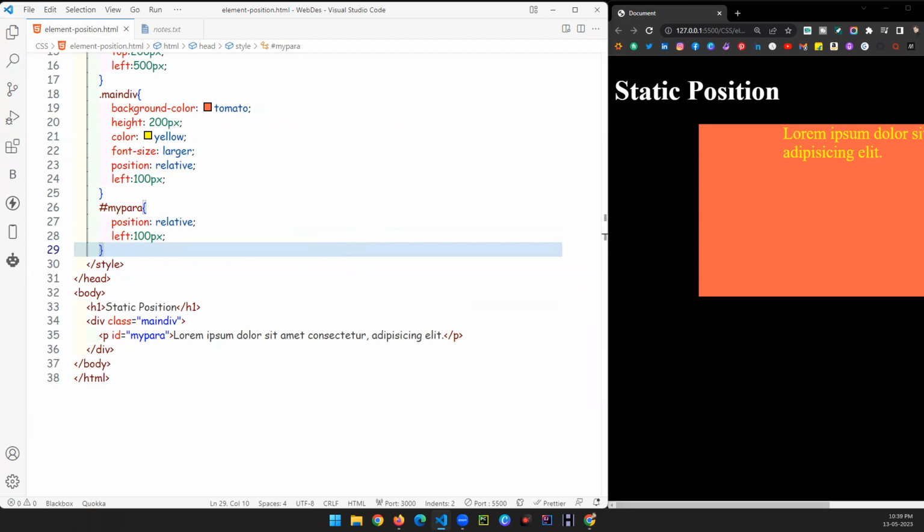Okay, so let's understand about absolute positioning first of all. Let's understand about absolute positioning. So just give me 2 minutes, please. 1 minute or